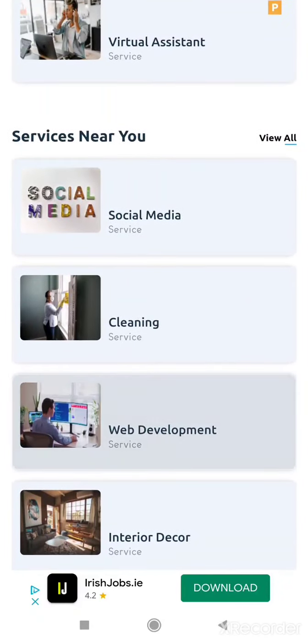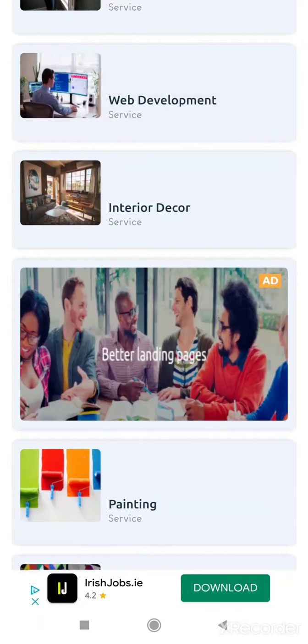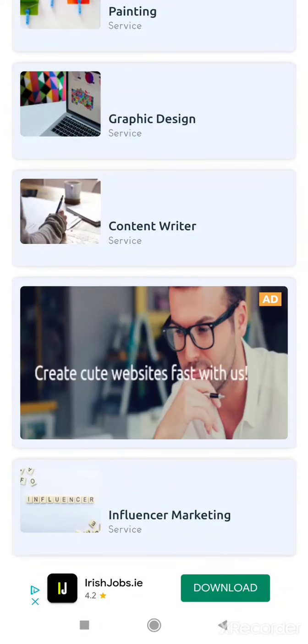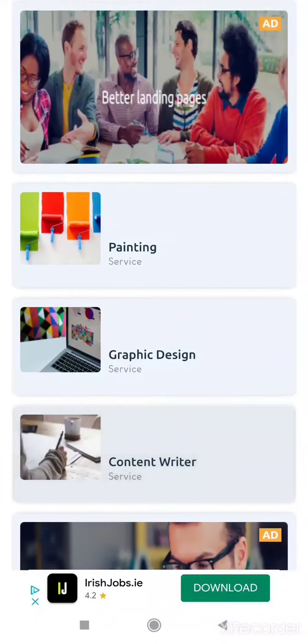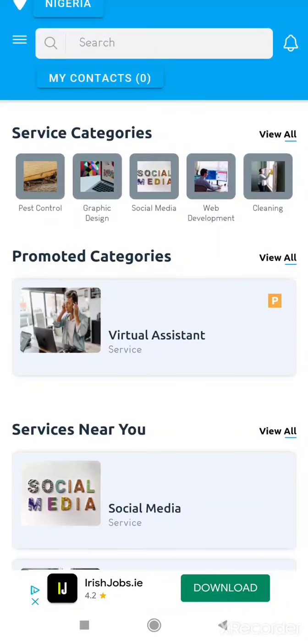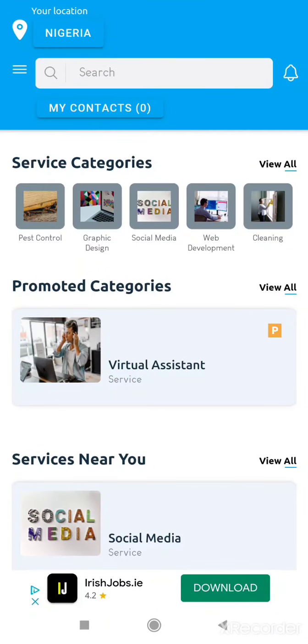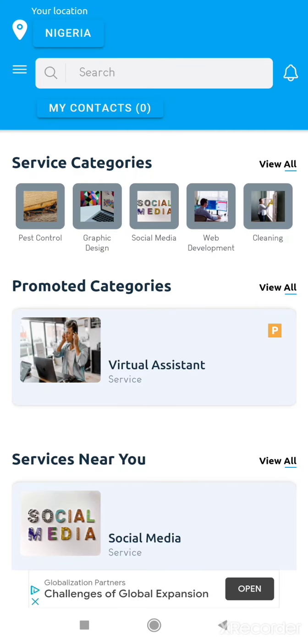Everything here under services near you would be services and skills in Nigeria, closest to my proximity. If I was in Lagos, if my address was Lagos, then I'll be getting services close to Lagos. And if I don't get any in Lagos, it will start going further out and ultimately cover the whole of